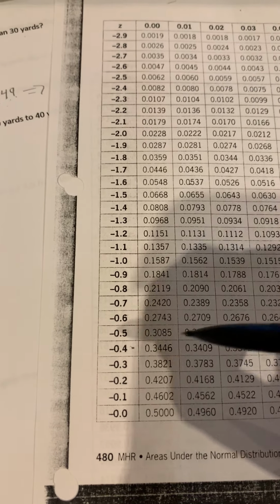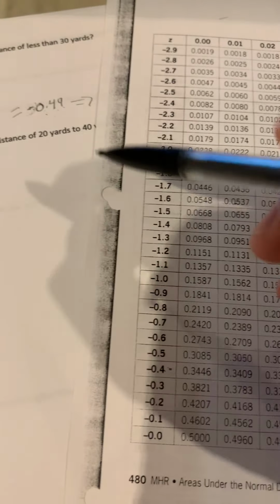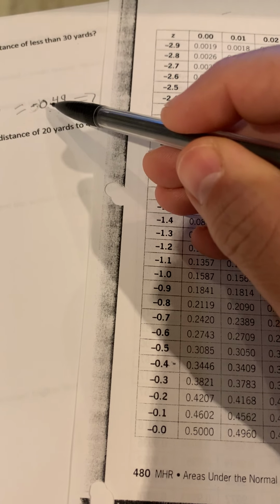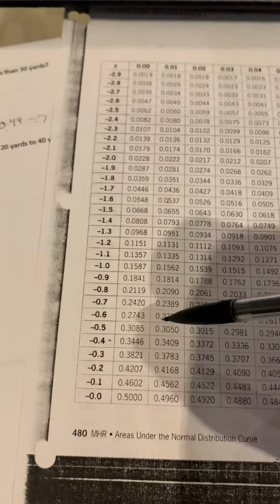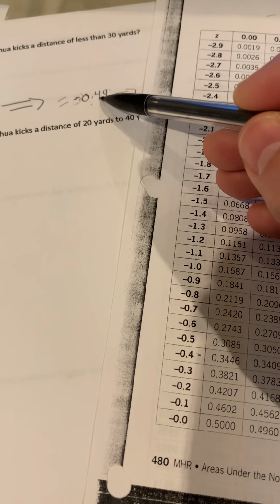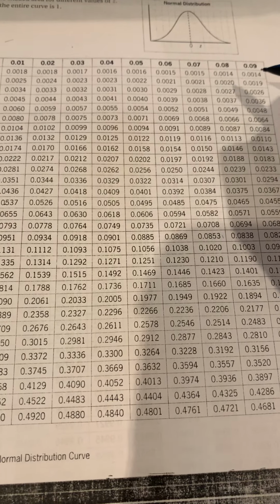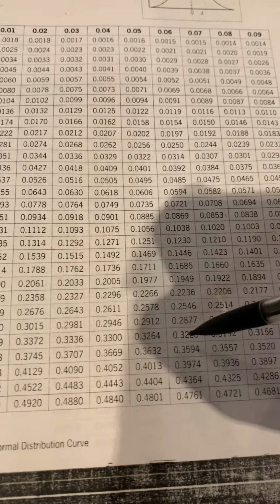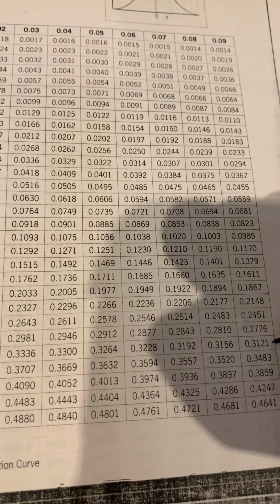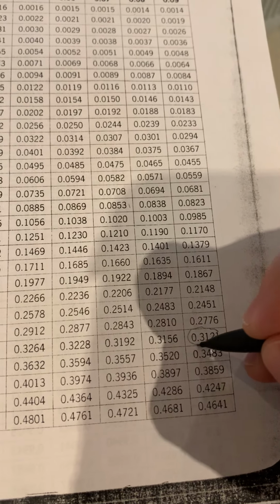And then what we're going to do is go across to where, so this is the 1s and the tenths. So our 1s and our tenths. So negative 0.4, we look in this column here, we find negative 0.4. And now going across to our hundredths. So our hundredths is 9. So we're going to go across to where it's 9. So 9's over here, so we go all the way across to where it is 9. So negative 0.49. So we get the answer here of